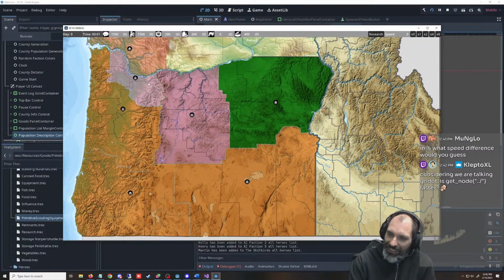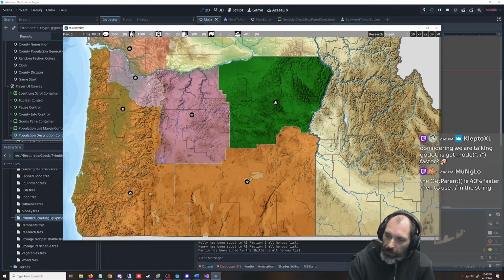I think Klepto's right. Get parent is 40%. Then using the dots. 40% is pretty intense. Like very intense.